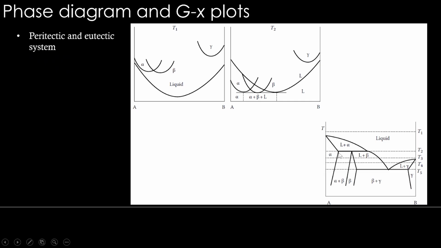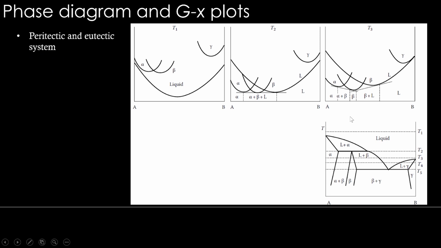At temperature T2, we have this peritectic reaction coming, where alpha plus liquid gives a new solid beta. So we need to have alpha, beta and liquid touching each other. Alpha curve, then beta curve, then liquid curve. Liquid will be in the right extreme or left extreme in a peritectic reaction. In eutectic, it will be in the middle. So this is how the compositions of the three phases are. Now at temperature T3, we have a two-phase equilibrium, single phase, again a two-phase equilibrium. So whichever phase is stable in the middle, the Gibbs energy of that curve should be slightly more plunged down. Therefore, you can draw a common tangent, one on the left side, one on the right side, and mark the compositions for the two-phase equilibria.